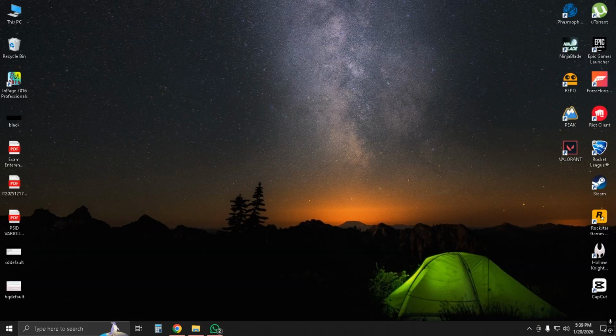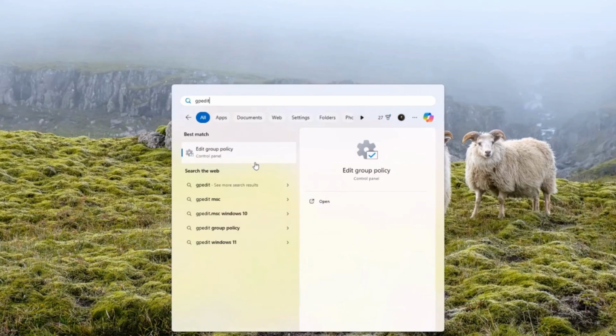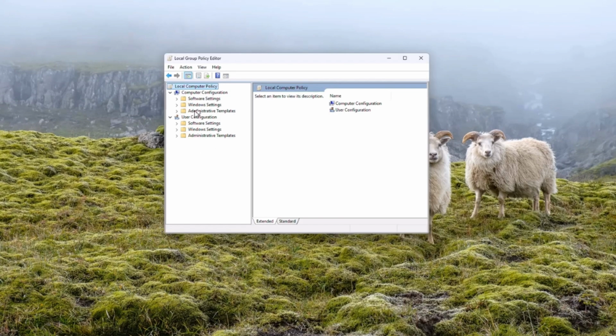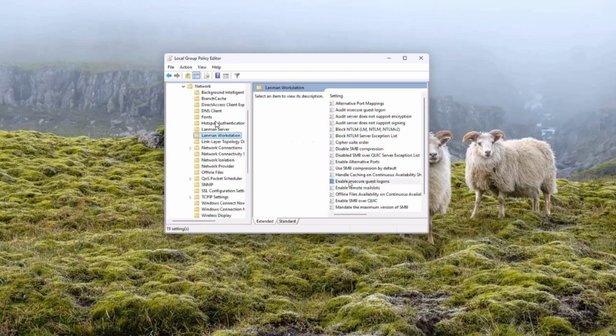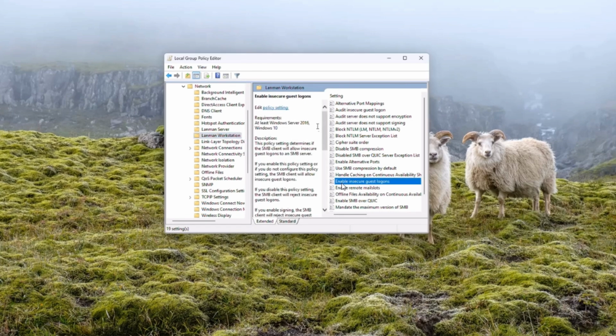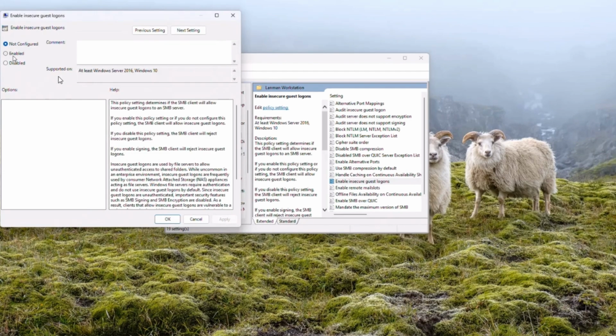In order to do this, what you have to do is click on the start menu and then search for gpedit. Then click on edit group policy and then click on administrative templates. Once you click on administrative templates, click on network and then click on LAN man workstation. Go into this and then double click on enable insecure guest logons. Once you do this, this dialog box will open and you have to click on enable and then click